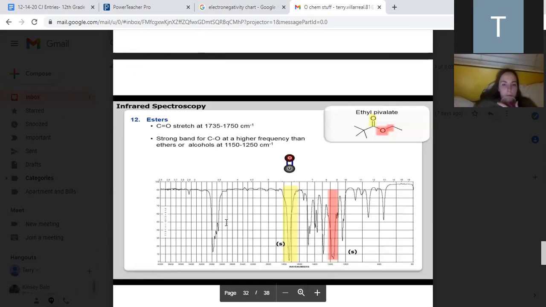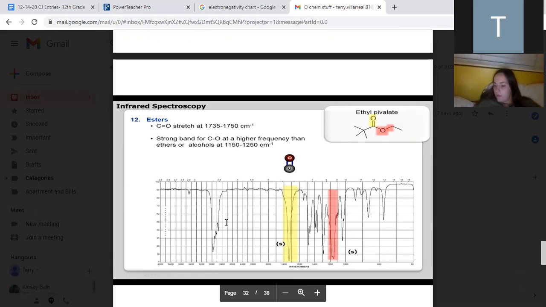Now, if we have an ester, the peak is a little closer to 1800, but we have another peak, but it's in the fingerprint region, so we don't see that one all the time. But as we said, when we go through this and we start looking at the other things like the NMR and all that stuff,